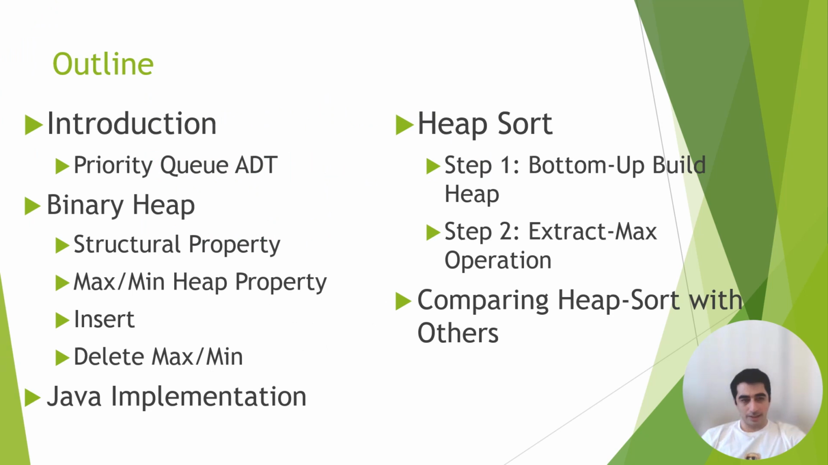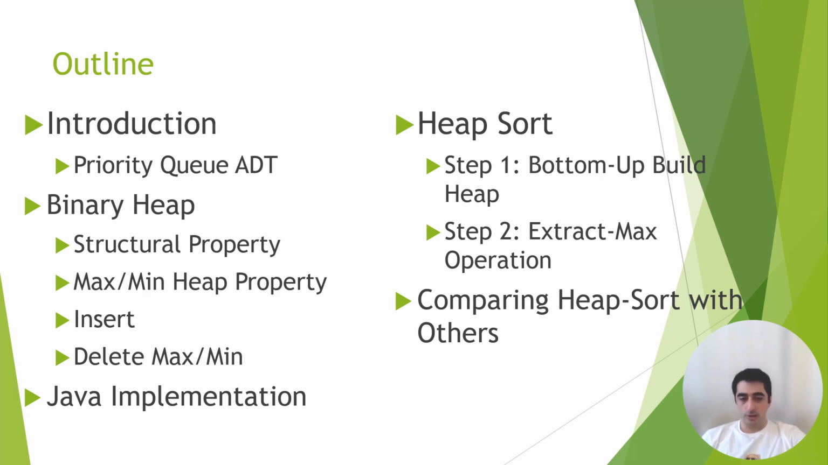Here's the outline of my next lecture. First, I will introduce the priority queue abstract data type. Then I'll talk about a very simple implementation of a priority queue, which is the binary heap. I'll show you both the structural property and the min or max heap property of binary heaps. Then I'll talk about insert and delete min or max, which are the two major operations that you can do